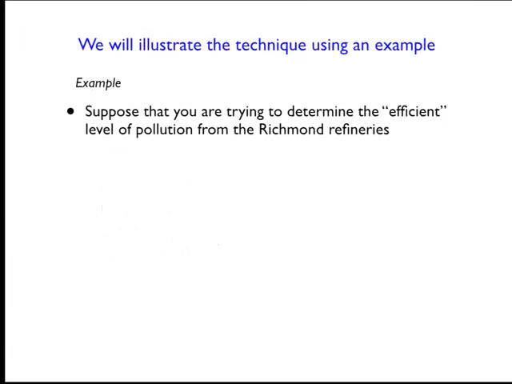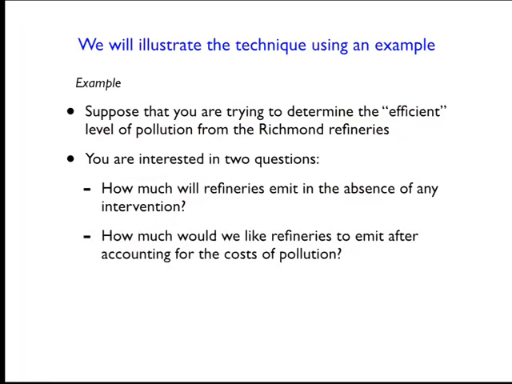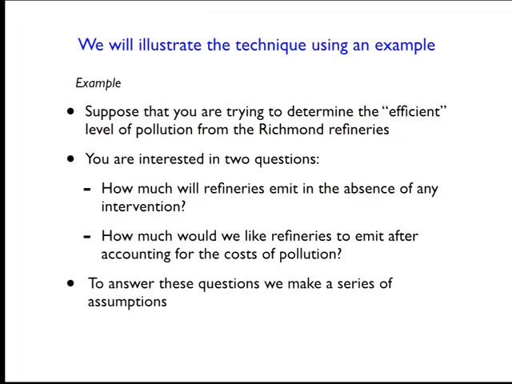So let's suppose that we're trying to determine the quote-unquote efficient level of pollution from the refineries up in Richmond. You're interested in answering two questions here. The first is how much the refineries are going to emit in the absence of any intervention. Essentially, what is the free market outcome going to be? And the second question is how much we would like the refineries to emit after we account for the cost of the pollution. In order to answer these questions, we're going to make a series of assumptions,